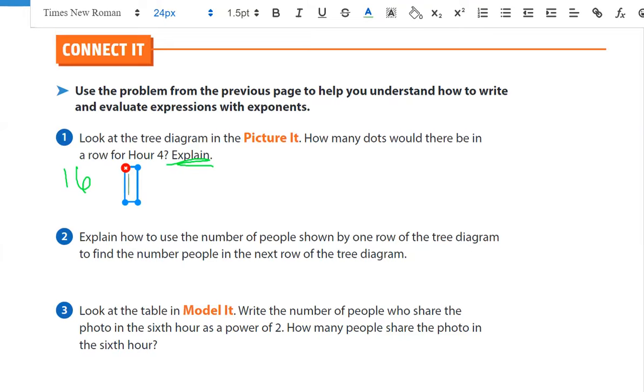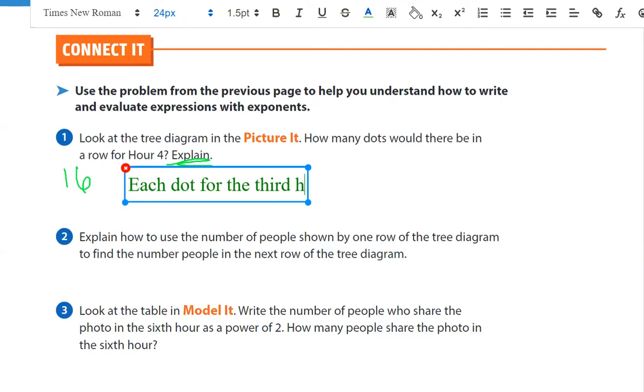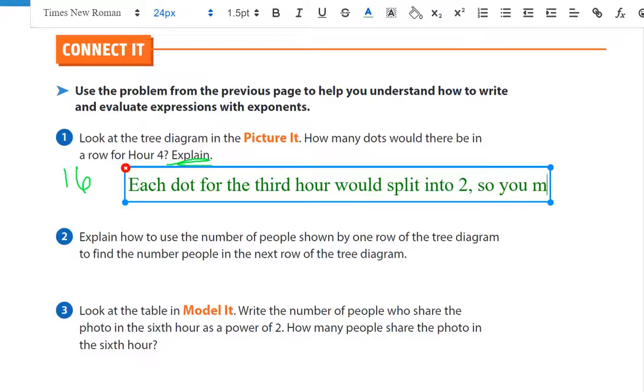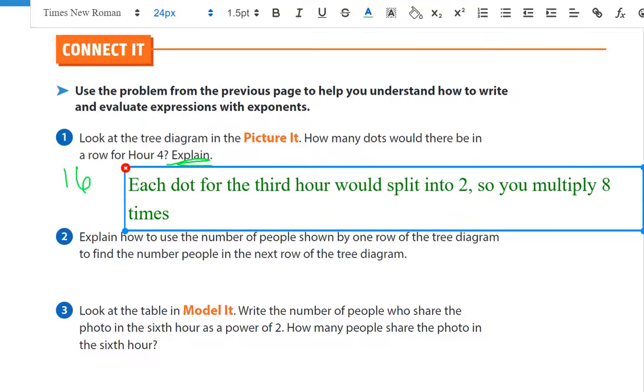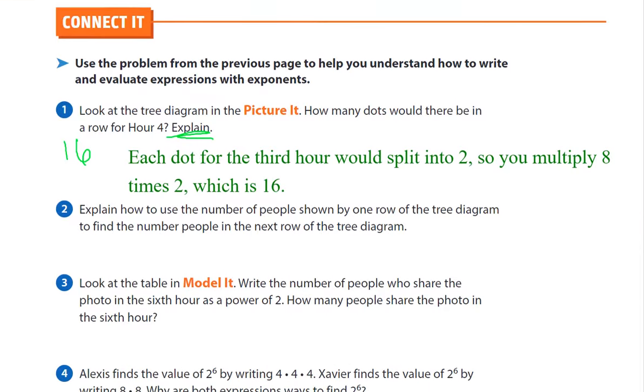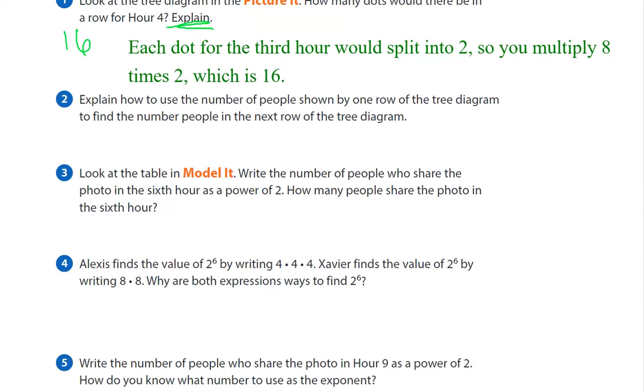16, because each dot for the third hour would split into 2, so you multiply 8 times 2, which is 16. There we go. Number 2, explain how to use the number of people shown by one row of the tree